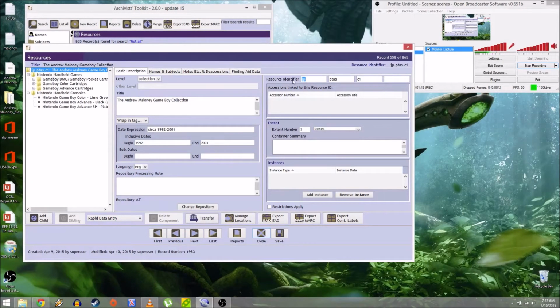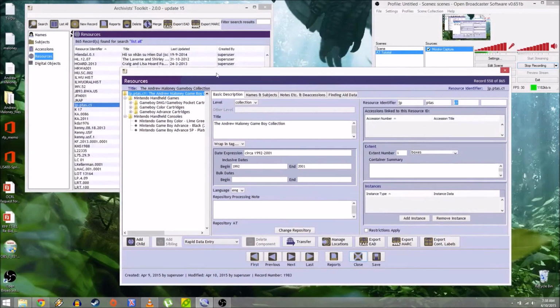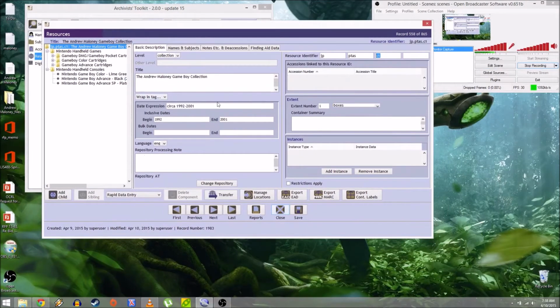I've used a country code identifier, a fake repository code identifier, and a collections code identifier, a call number for the collection within my resource identifier, which, like I said, pops up over here. And I've inputted the title, the date, the language, and of course the extent. Ignore instances for now. We're going to get to that in a moment. Alright? So once you've inputted this basic information, you can press save, and at that point the collection should appear on the left hand screen